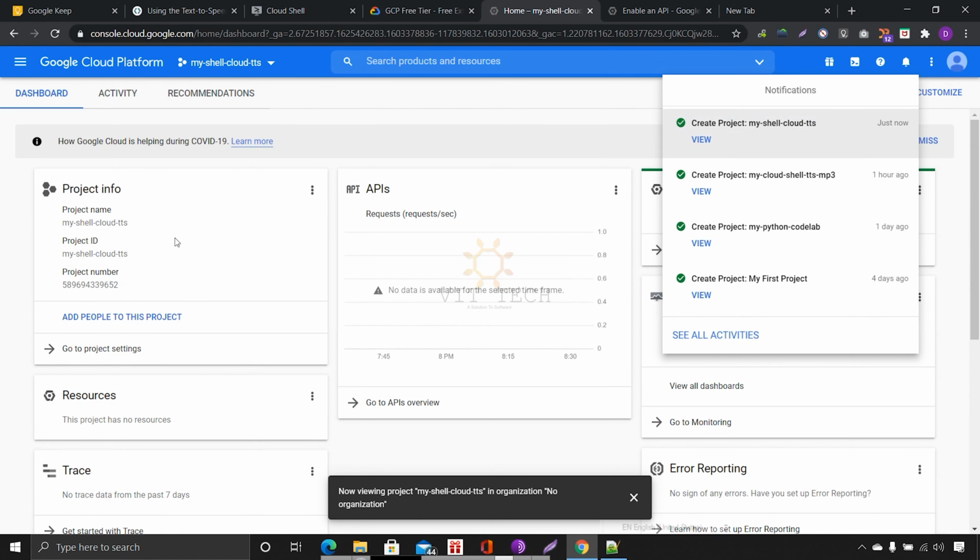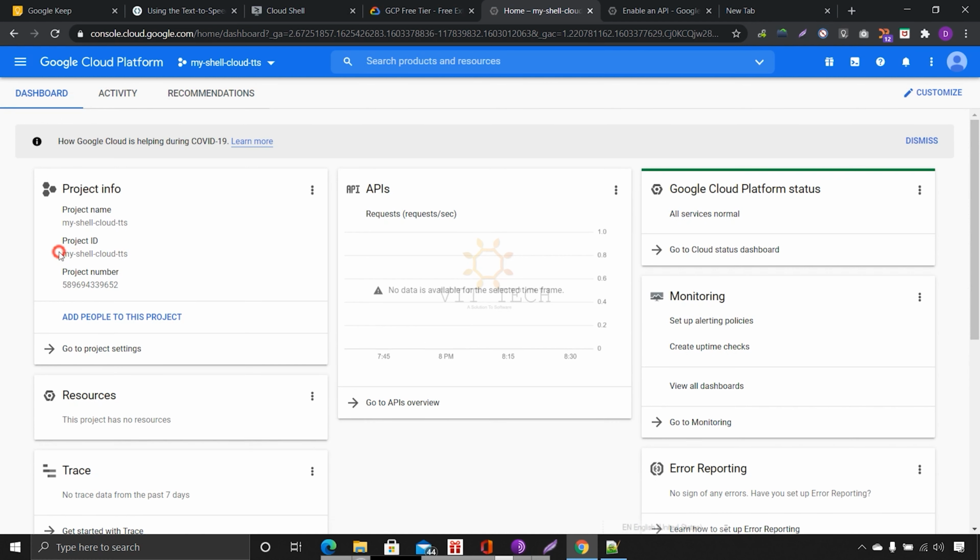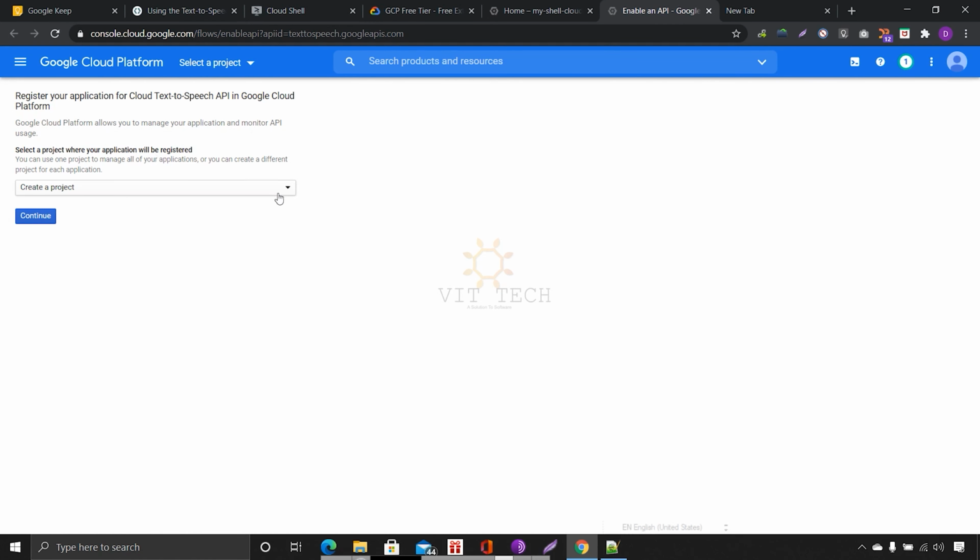My Shell Cloud TTS. This is the project ID. We are going to use it all in the Cloud Shell. Before that, you have to enable the API first. Go to the API. Here is the API. Here you can select, refresh it.